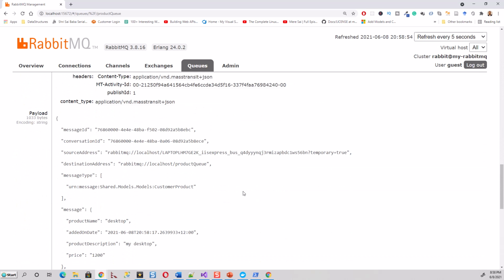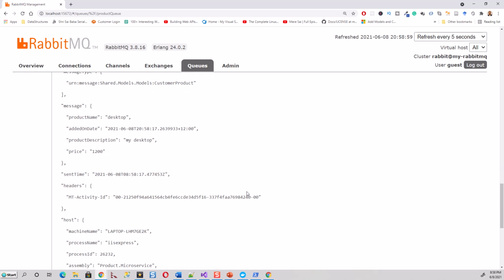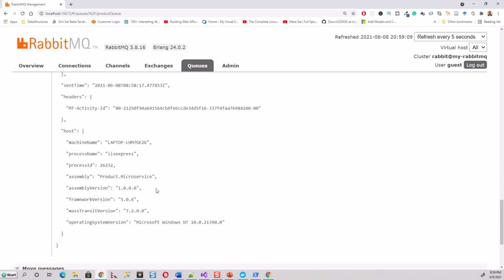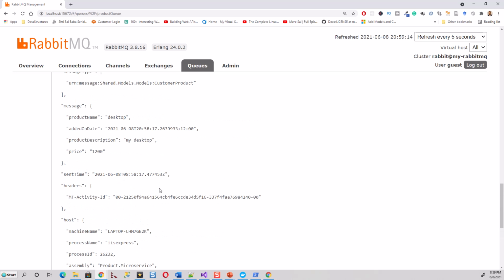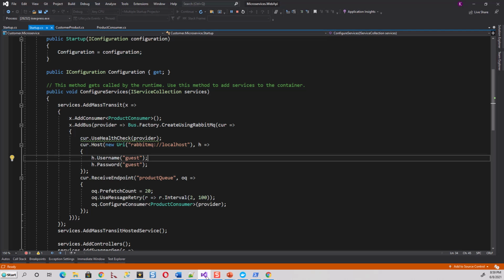We can actually see the message that we have configured for the consumer microservice, which is the customer microservice, to consume. My desktop, price 1200. So long as this is not consumed, this is available on the queue in the exchange, RabbitMQ. We'll omit the channels and exchanges for the time being, but concentrate on the queues and the messages. Now, to see how it is consumed, we'll stop the application